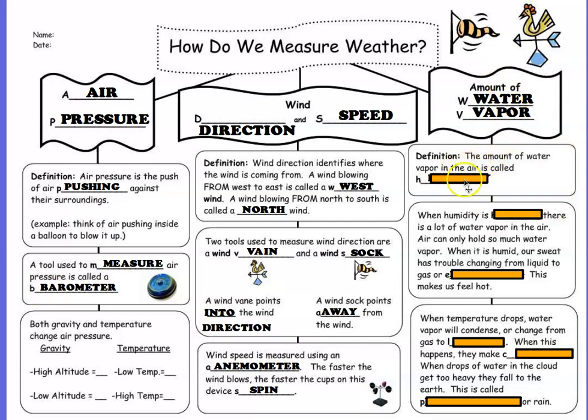Water vapor is all about humidity. The amount of water vapor in the air is called humidity. When humidity is high, then there's a lot of water vapor and there's a good chance it's going to rain. Air can only hold so much water vapor. When it's humid, our sweat has trouble changing from liquid to a gas, or evaporating, and that's why we feel hot. When temperature drops, however, water vapor will condense because it's cooling and change from a gas back into a liquid. When there's enough liquid, when those droplets become so heavy, we know that they form the clouds and